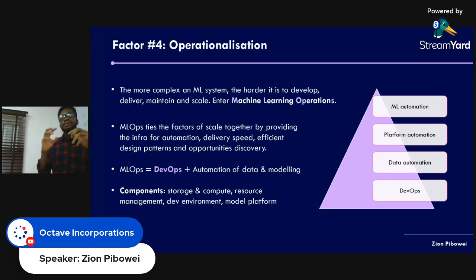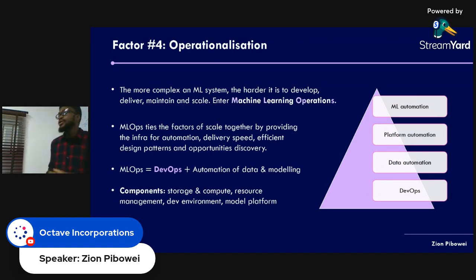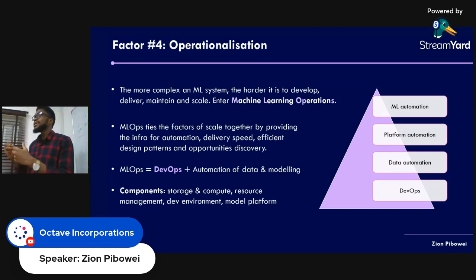Now, there's a keyword we generally use in machine learning that deals with model operationalization. It's called MLOps. I don't know if some of us have heard of MLOps. It's a very hot topic in machine learning right now. MLOps stands for machine learning operations, or in full, machine learning operationalization. It really deals with how we operationalize machine learning models by creating an infrastructure for the entire life cycle. MLOps takes lineage from DevOps.